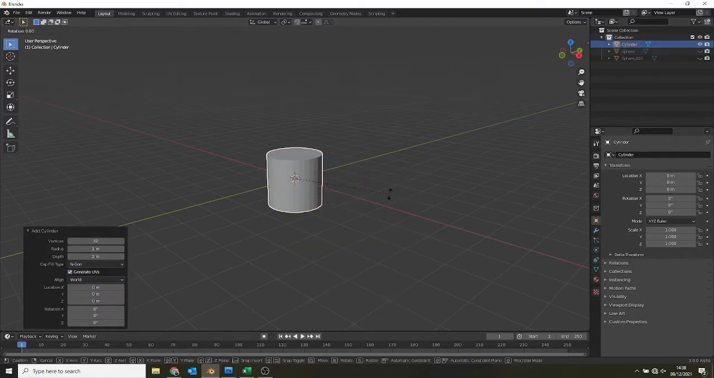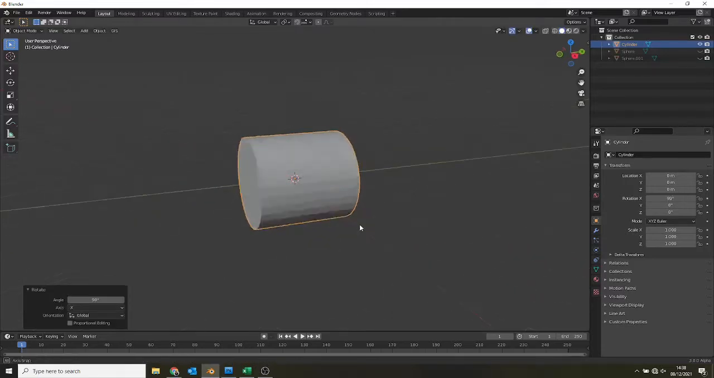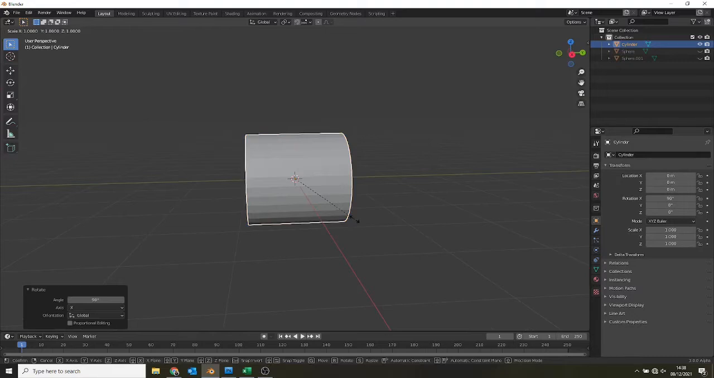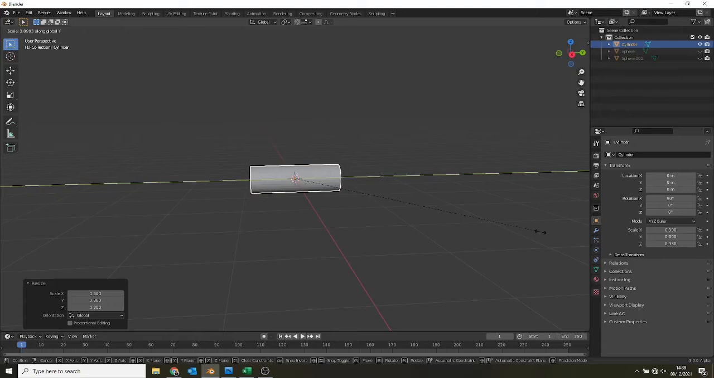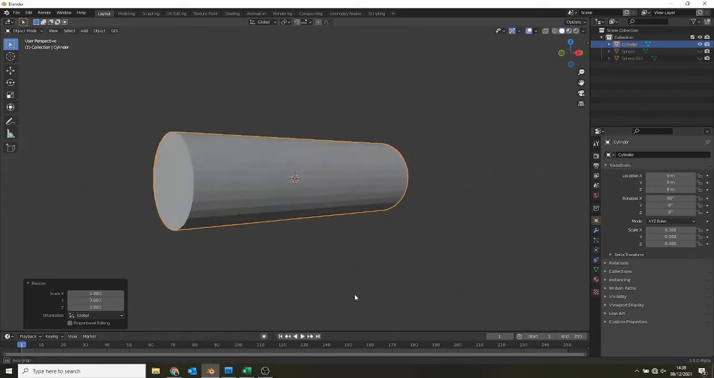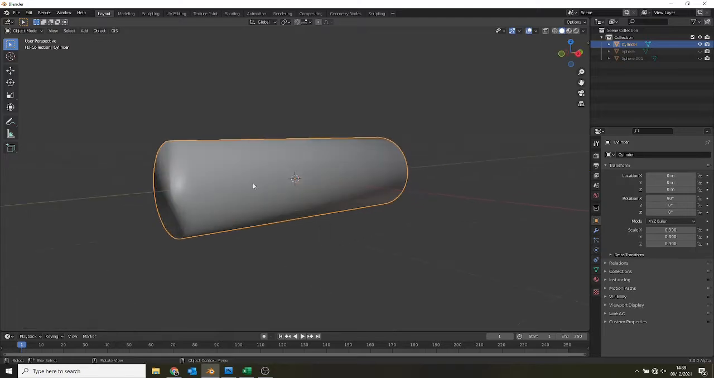Rotate it on the x-axis by 90, R X 90. Now I need to scale this down, S, to about a third of the size, so S 0.3, and scale it along the y-axis to make it a bit longer by about 3 times. So S Y 3, enter. So I'm going to shade smooth and it does this weird thing on the end, but it